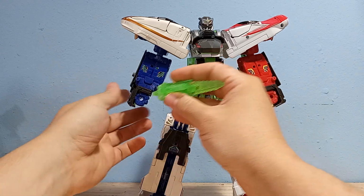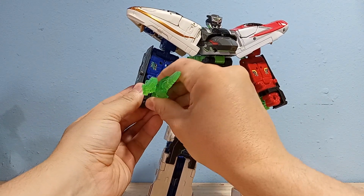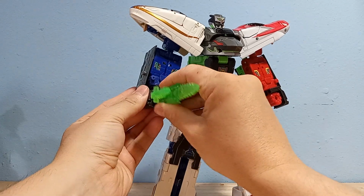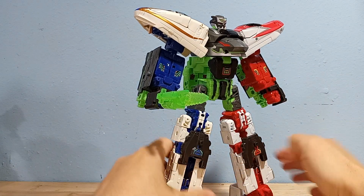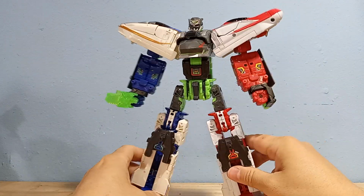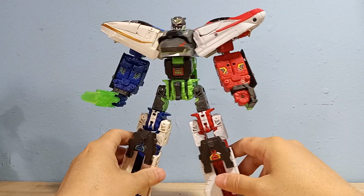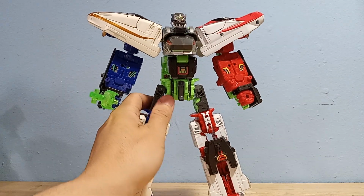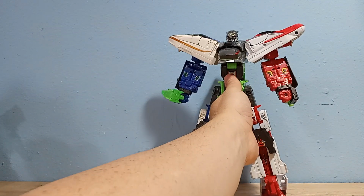And then yeah, I guess you can give him this combined weapon thing, if you can peg the rubber thing into a fist. Okay, close enough. Yeah, he looks all right. I don't know. It's something you can do with the figure. I don't think this is amazing, but it's cool to at least have